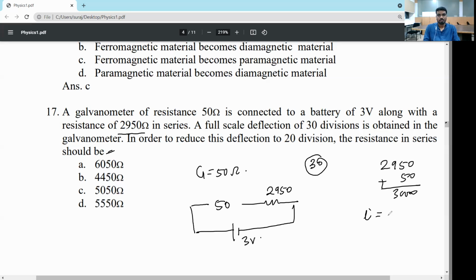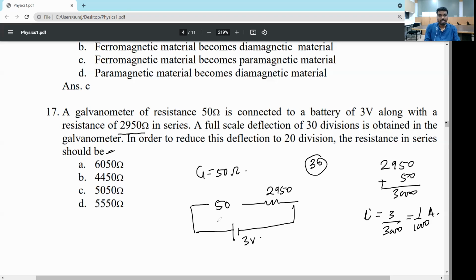Current will be V equal to IR, no? V by R, that is 1 by 1000. This much ampere is the current. Now what is happening? In order to reduce the deflection to 20 divisions, the resistance in series should be...